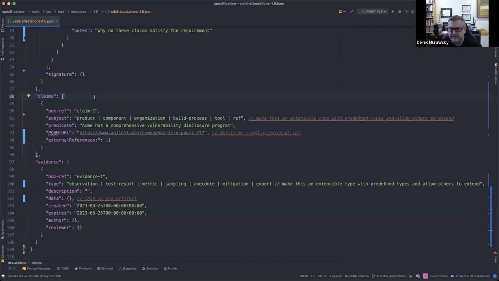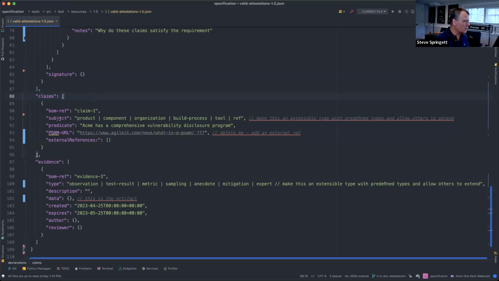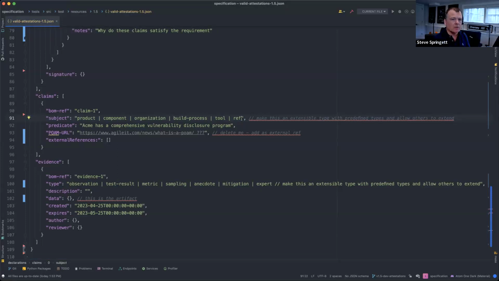Yeah. And what I'm thinking of, and I know we're at time, is keeping these fields, literally just having the enums here, but have the option to say subject or subject predicate. You could do one or the other. If you supply a subject predicate, then obviously you can use the extensibility. If you just supply the subject, then use the existing enums, which are clearly defined. Same thing for type down here, type and type predicate. You do one or the other. Yeah, that helps out a lot.